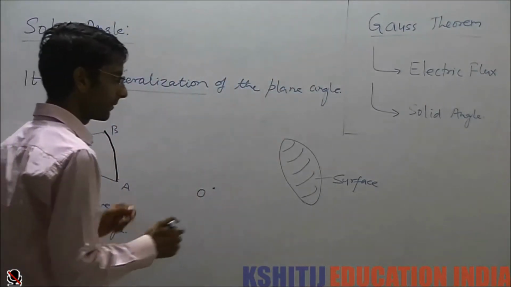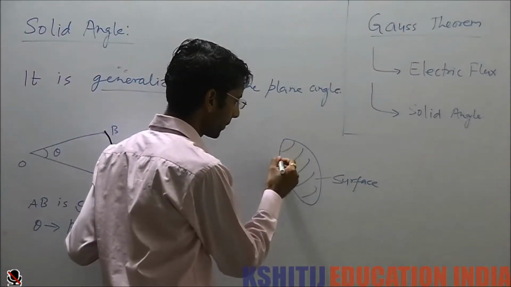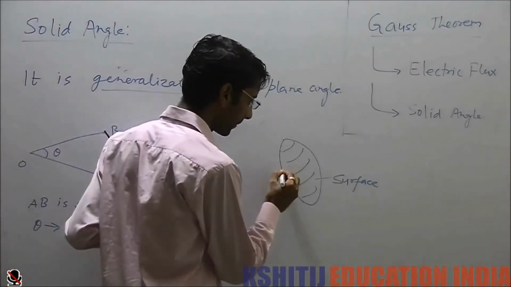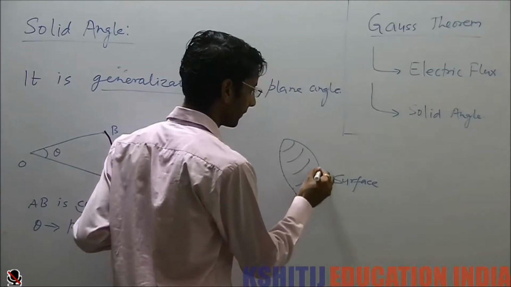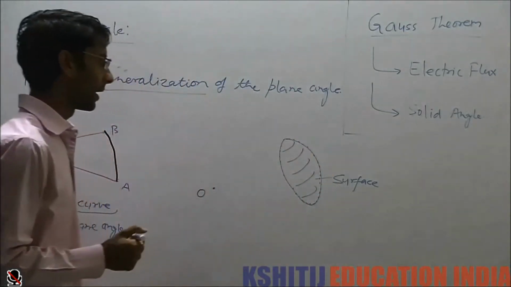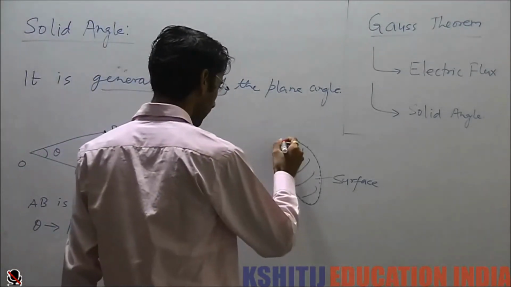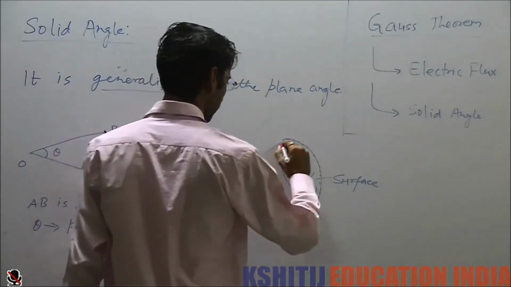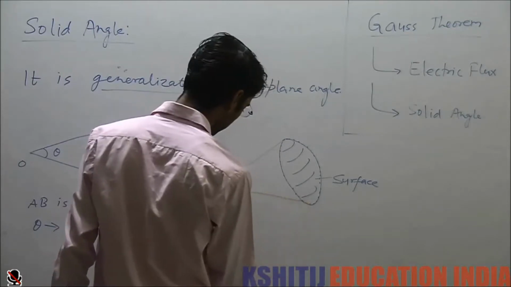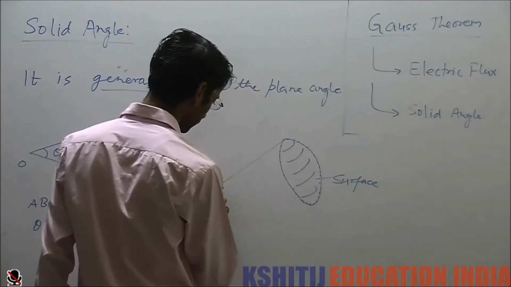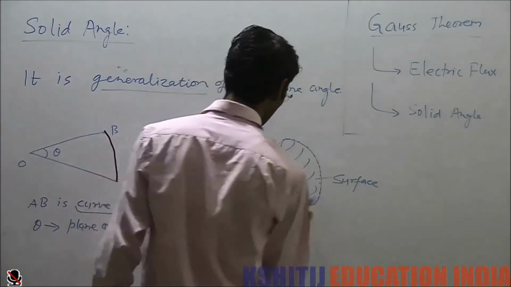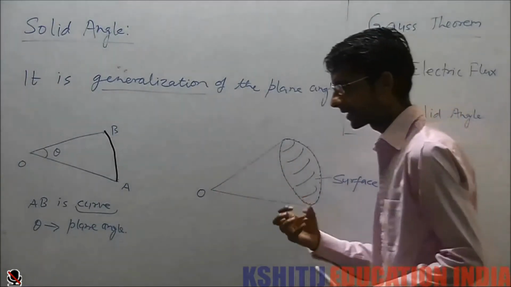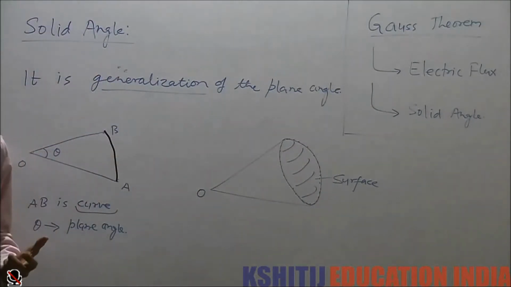Similarly, here we have n number of points on the surface at the terminal points, and we will be joining all those points to this point O. So all these points, if you join them, will create some sort of cone structure,